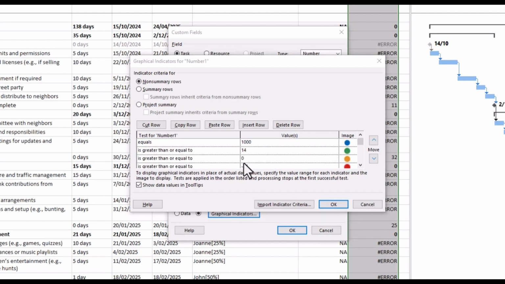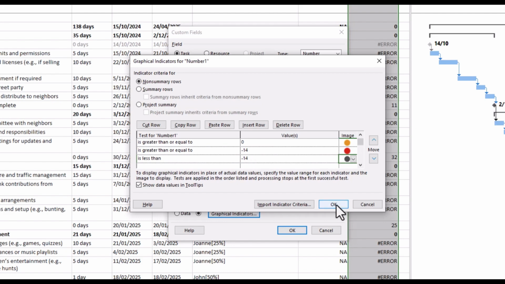So let's review what we've already nominated here. If it's greater than or equal to 14 days, or in other words, 14 calendar days or 2 weeks, it's ahead of schedule by 2 weeks, we want it to be green. If it's greater than 0, but less than 14, we want amber. So we go greater than or equal to 0. Similarly, if we want it greater than or equal to minus 14, we want that to show red. And if it's more than 14 calendar days or 2 weeks behind schedule, we want it shown black.